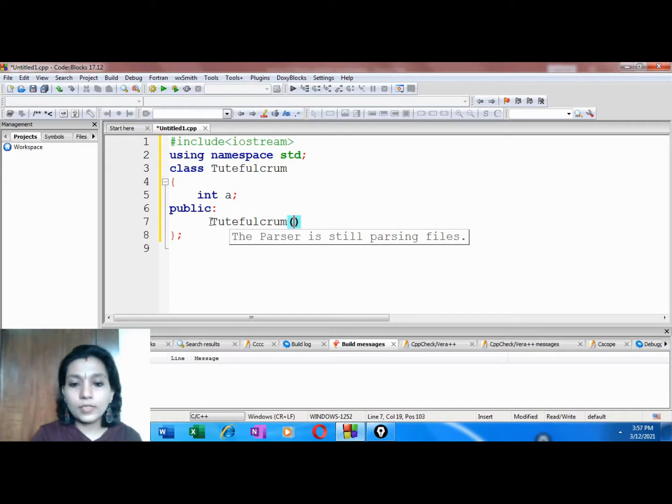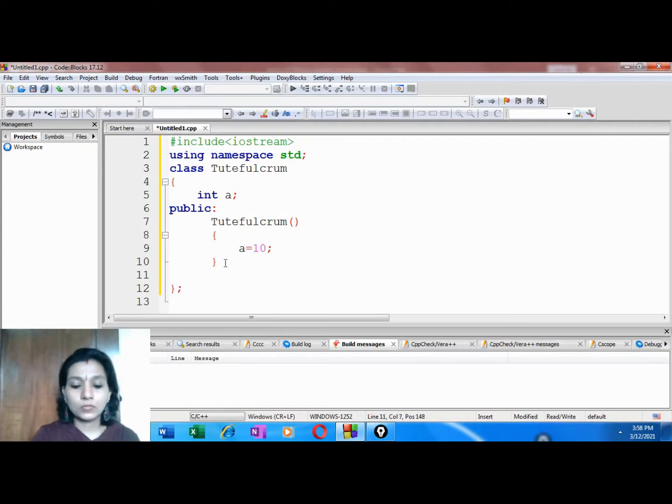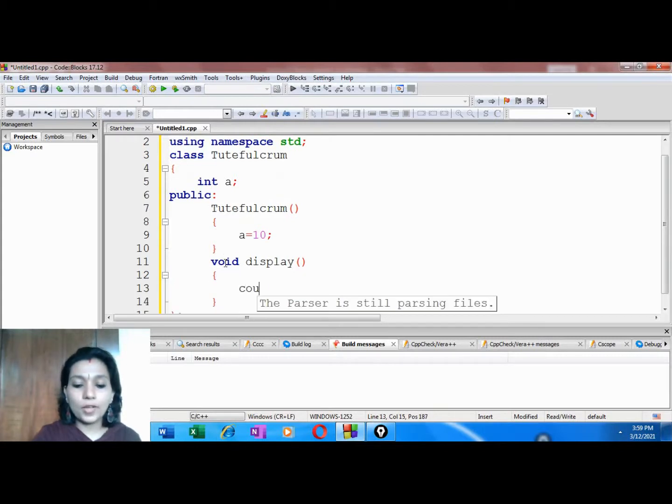So let's add a default constructor and initialize the value of A to 10. And now we will add a member function. Let's add a display function which is displaying the value of the data member A.